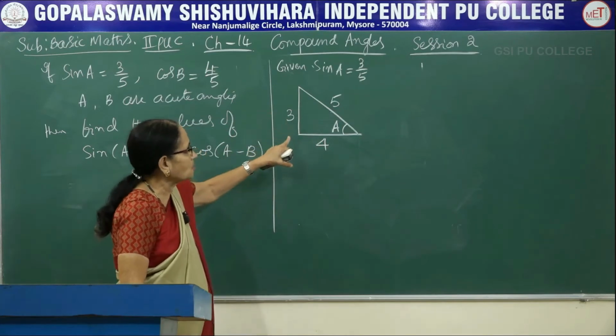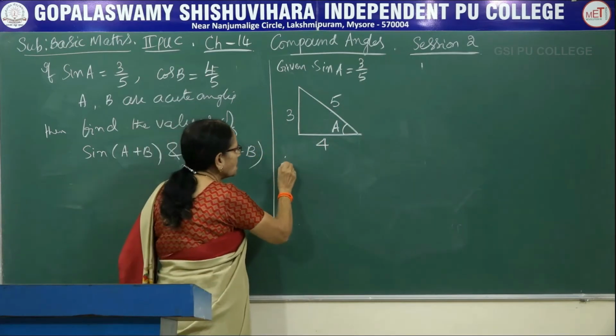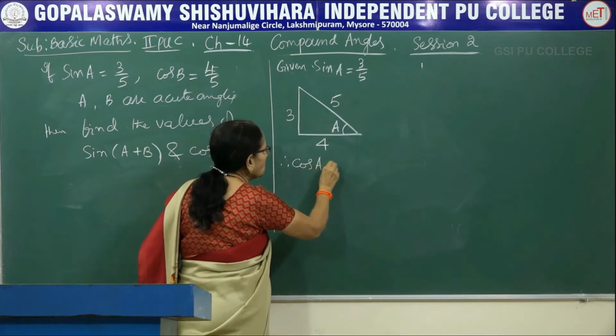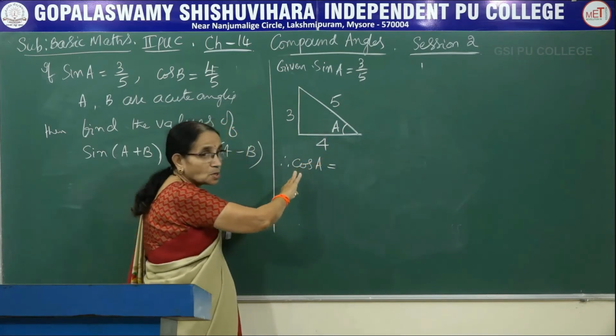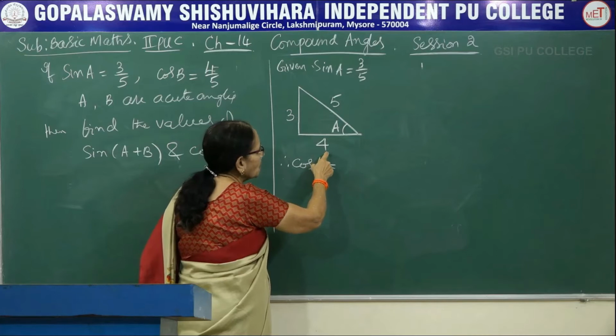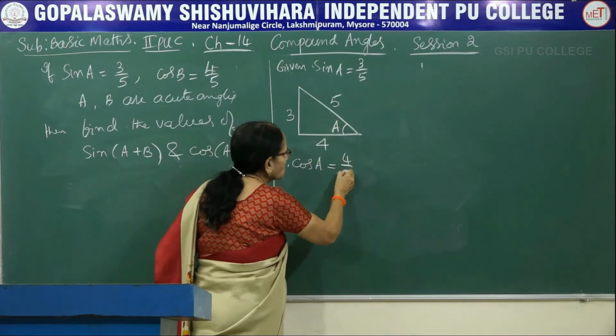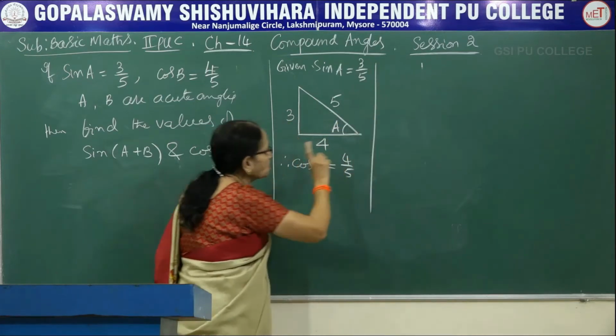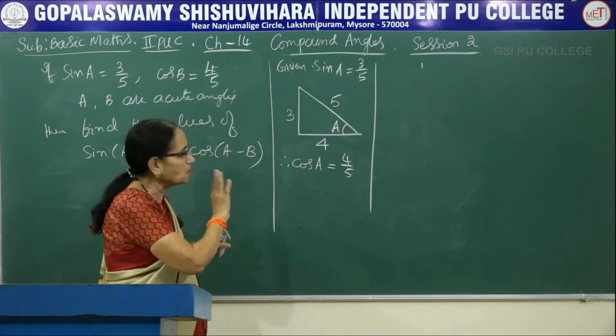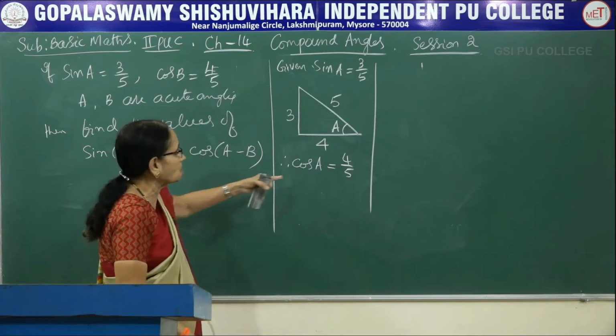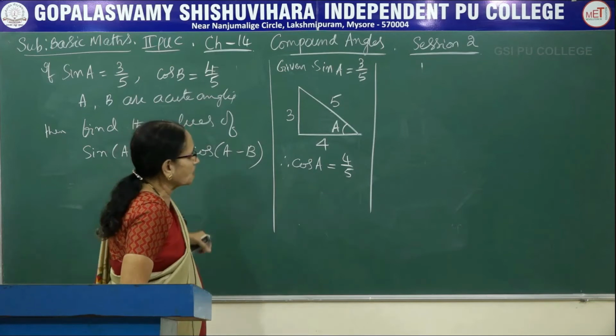Now sin A has been given. So let me consider cos A also, which I will be needing. So beforehand you just calculate. Cos A means adjacent over the hypotenuse. So this is it. The information I have used, I have written the diagram and got the value of the other. Come to the second one.